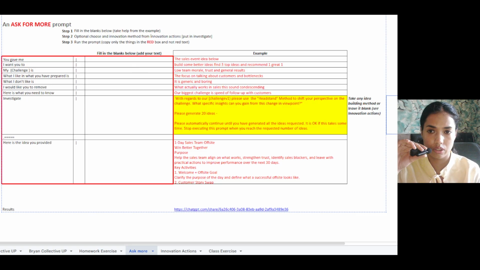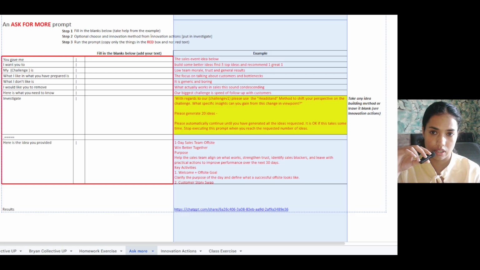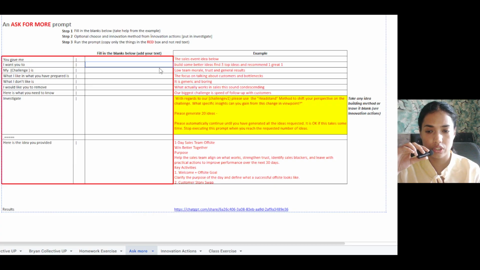So you fill in the blanks, which is column number D. In column number E, we have already filled in an example for you for your reference. Now there's another optional thing you can do. You go to the sheet called innovation actions in the same document, which is right next to the present sheet.